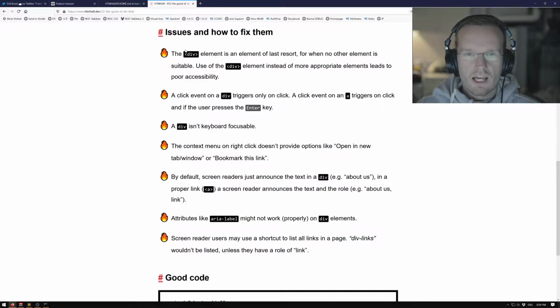The div element is an element of last resort for when no other element is suitable. Use of the div element instead of more appropriate elements leads to poor accessibility. What is this all about? When you look at HTML, they're all types of elements. And all these elements, or most of them at least, have a semantic meaning. This means that if you use, for example, a list with list items. By using this